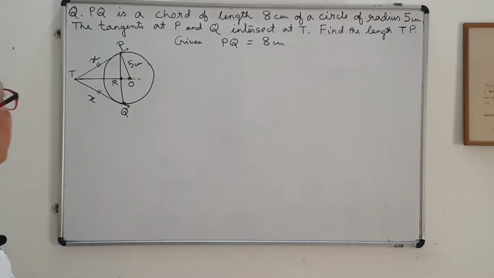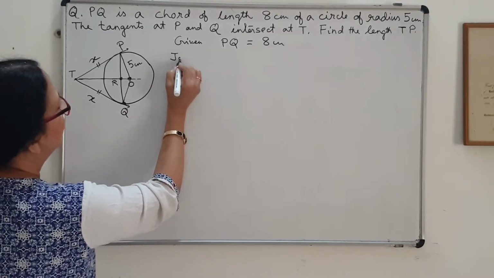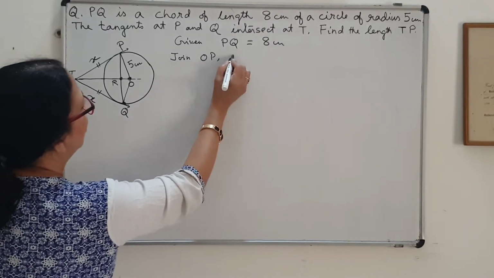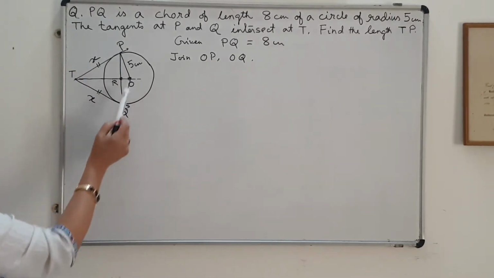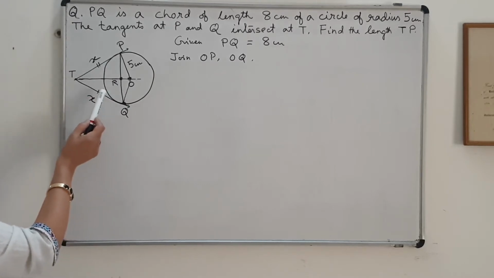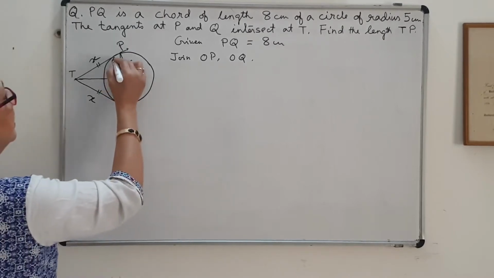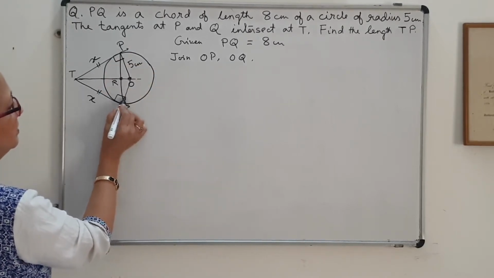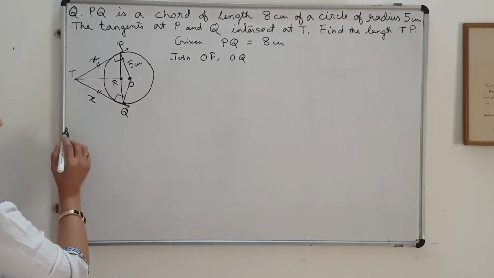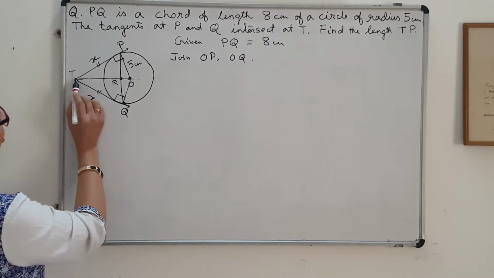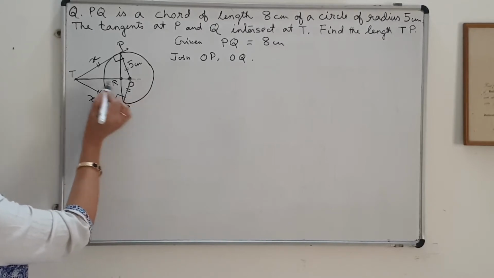You see, now we have to join this OQ also. OQ, join OQ. Actually, join OP and OQ. So that two triangles are formed, OPT and OQT, and if you see they are congruent by triple S, or I can say by RHS also, since this angle is 90 degree, this is also 90 degree by the first theorem, radius is perpendicular to tangent, and this is the common hypotenuse, OT is the common hypotenuse, and OP is equal to OQ. So by RHS they will be congruent.